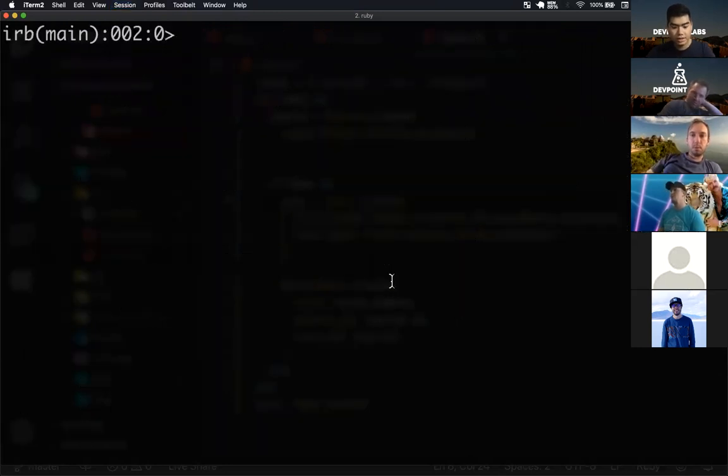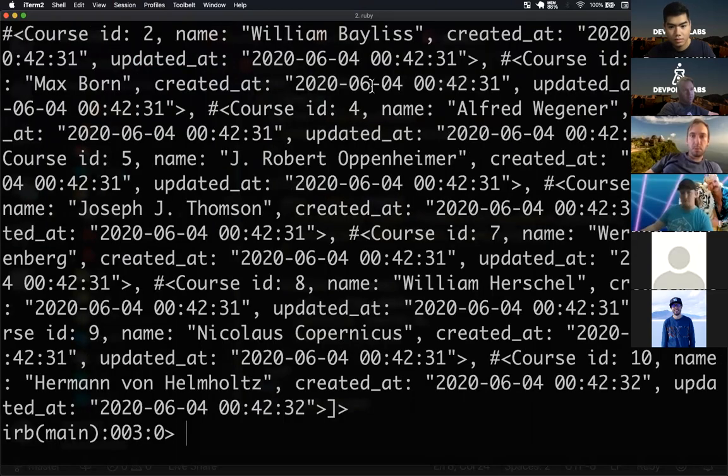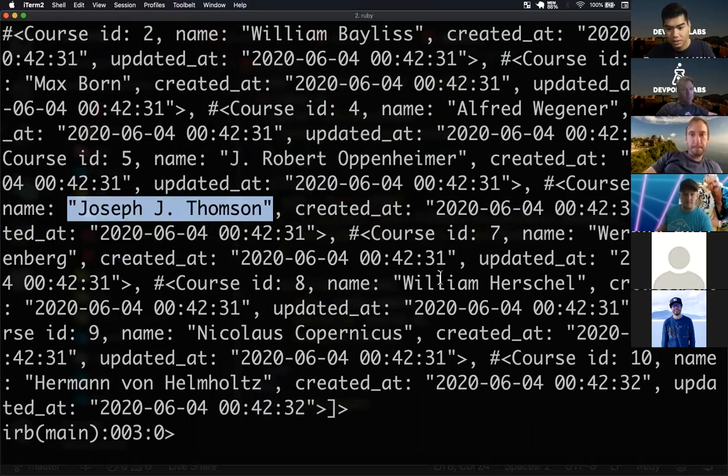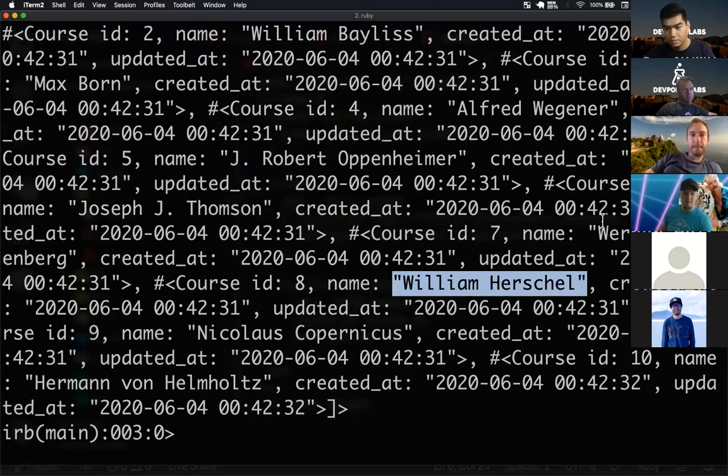And I can also do the same thing for Course.all. This will be all of the courses in our database. And this is just the name of a scientist. That is a long name. Wow. Joseph Thomas, William